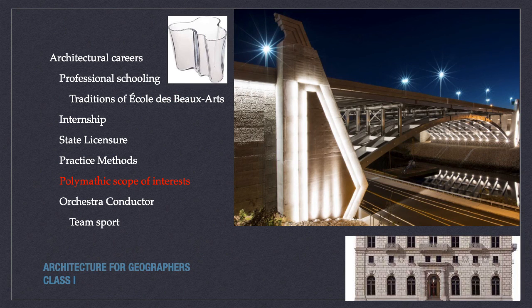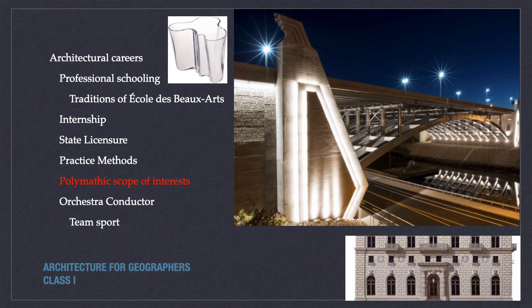One intriguing commonality between the studies of geography and architecture is that while both are focused and rooted in the study of place, they're both very open-ended and nearly boundless in their interests. As I'm sure you're all aware, geographers can pick up any topic practically and focus on the place aspects of it as a geographic study. Similarly, architecture, just even looking at the design aspects of it from a design perspective, is very open-ended and polymathic in its scope of interests.